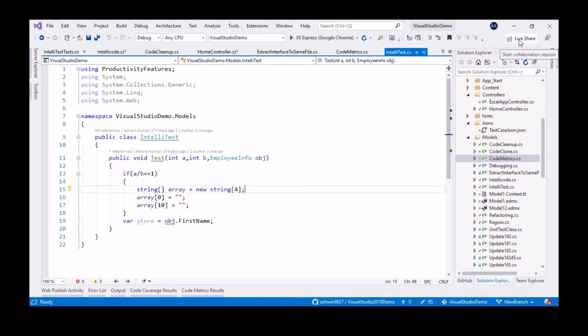So instead you can click on it. If you want to share with your colleague, you can select it. Then it will be sharing. The other colleague also needs to install Visual Studio 19. So he can use your collaboration link in his Visual Studio 19, and he can collaborate on your machine also.